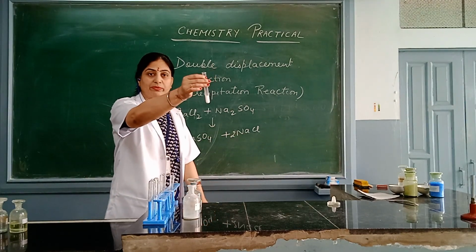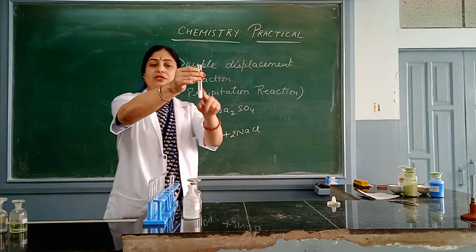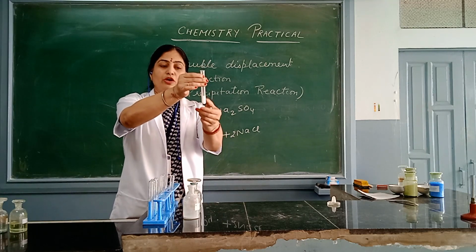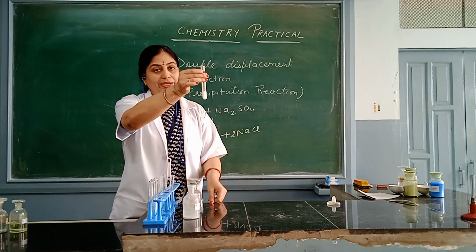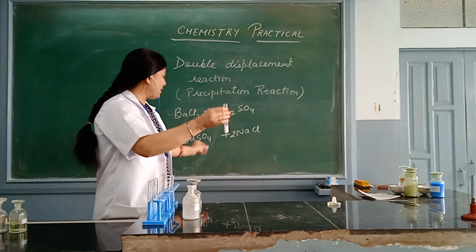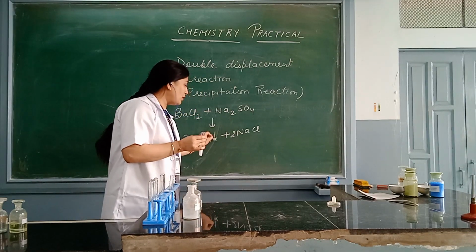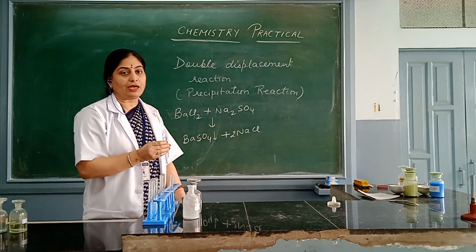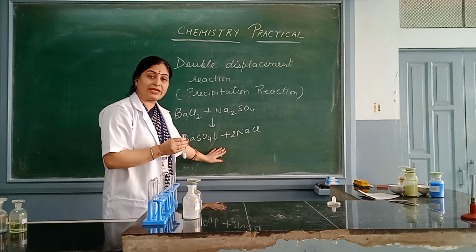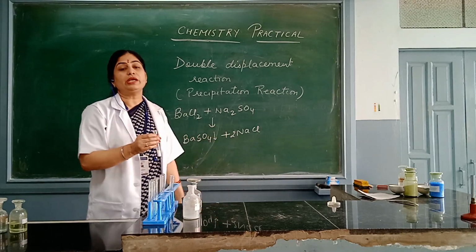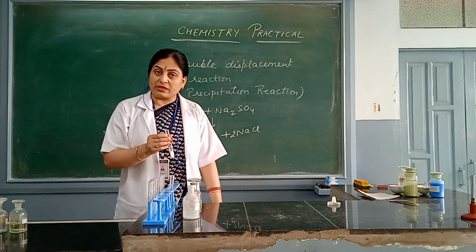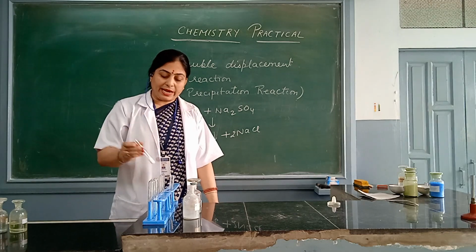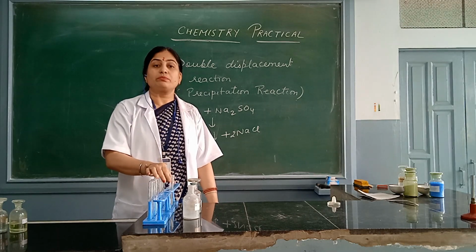You can see this white precipitate that is formed, and after leaving it for some time, we observe that it will settle down at the bottom. So we have some precipitate formed, and that precipitate is barium sulphate, which is white in color. So this is how the reaction takes place and the precipitate has been formed. This precipitate is barium sulphate, which is white in color, and thus this reaction is known as precipitation